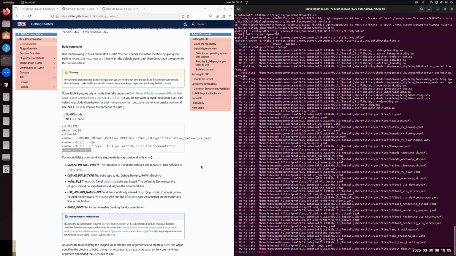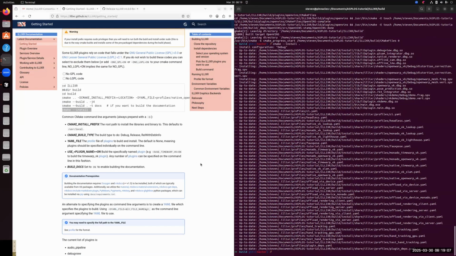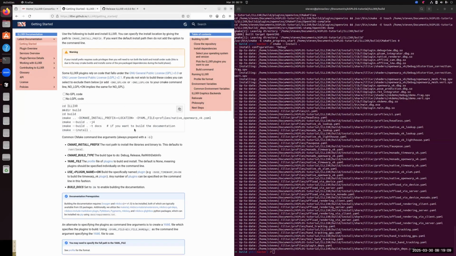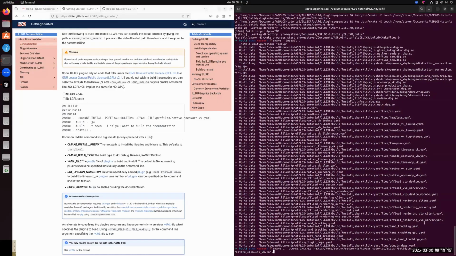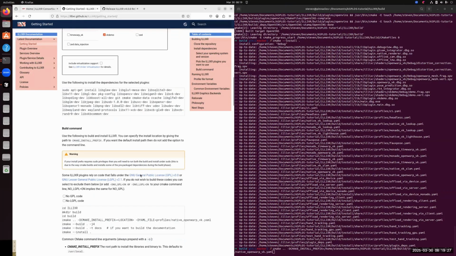And there are two ways to select which plugins to use, and I want to quickly mention here. The first way is to use a profile like I did here, but we can also use the command line flag USE_PLUGIN=ON to toggle plugins on and off.